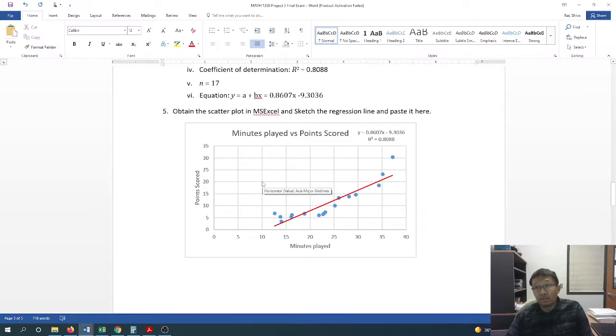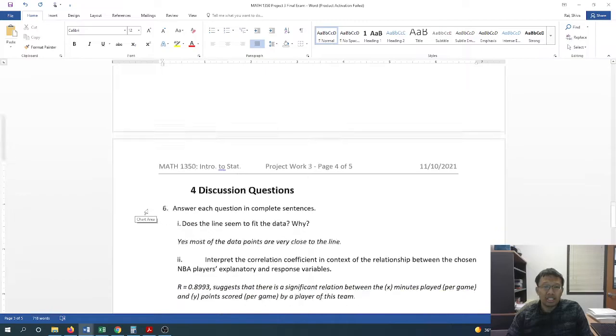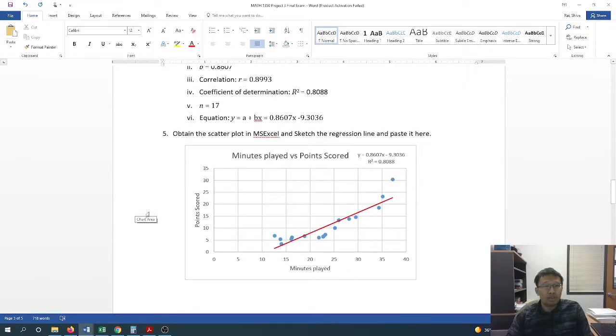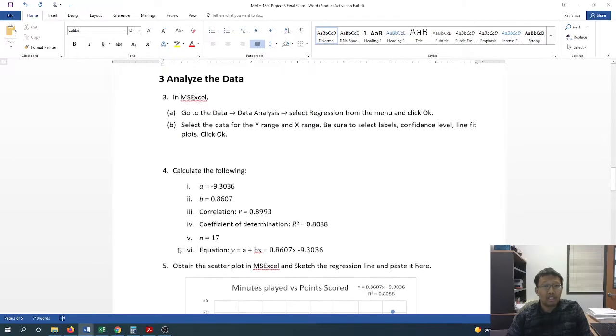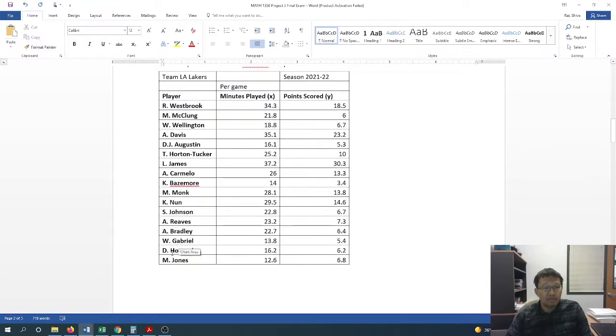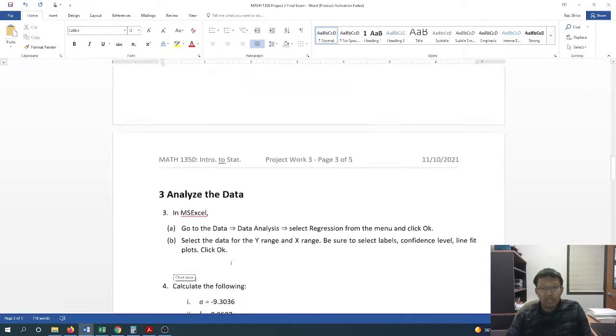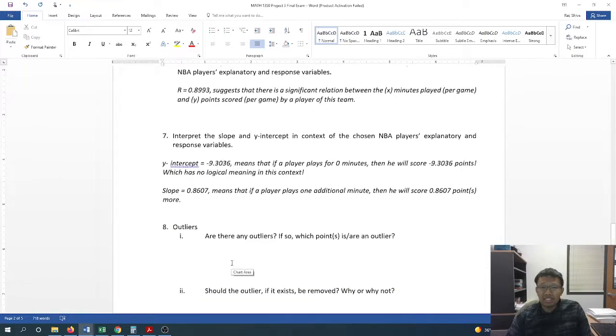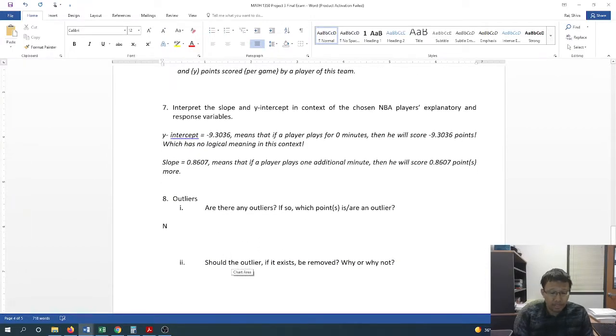Farther away, like 5 or 6 standard deviations farther away. So I would say no in this case, right? But if you talk about LeBron James' score, you can see that over there. Where is he? Yeah, 37.2, 30.3. It's very high compared to everyone else. The closest one is Anthony Davis. So in this situation, I won't say no